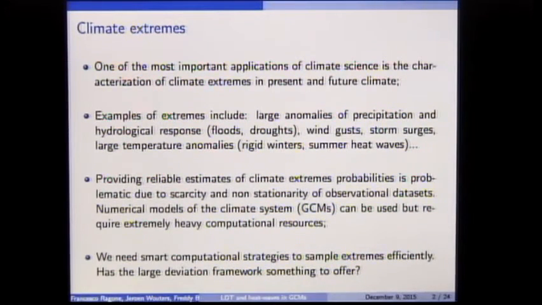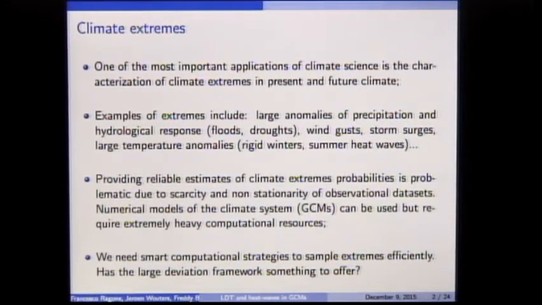The problem with numerical simulation is that, as I was saying, these climate models are very, very heavy objects. If you want a model that is physically reliable, then it is very costly to run and takes a lot of time. And again, you have a problem of building up a sample of enough size to make a reliable statement about the probability and the return times of this event.